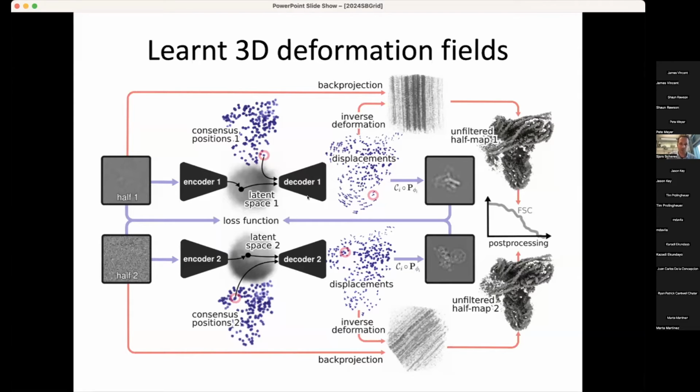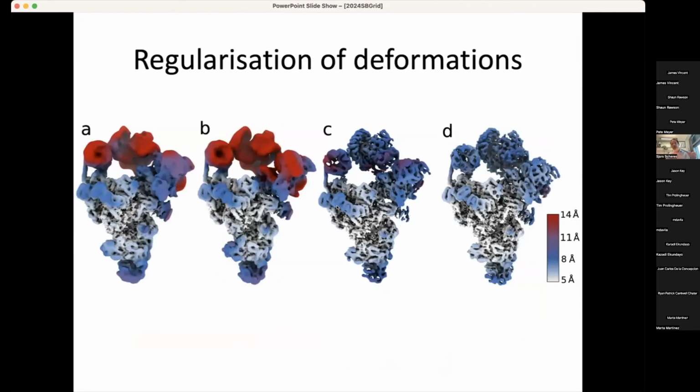We were worried this would happen here too, and therefore we would again need to inject prior knowledge to select the correct solution. And we thought that doing that in real space on these 3D Gaussian deformations would be the most logical thing to do.